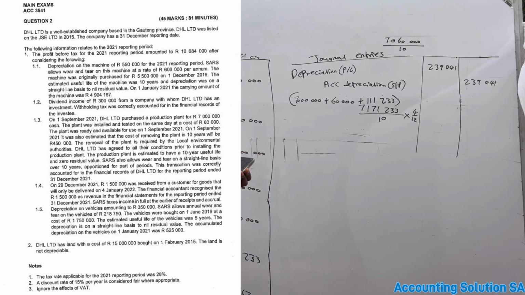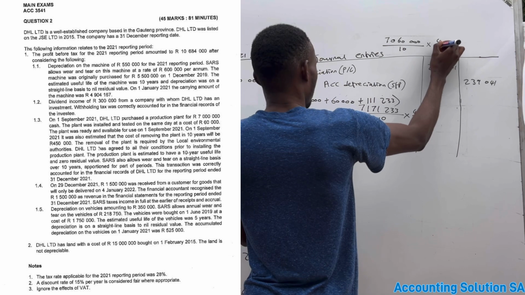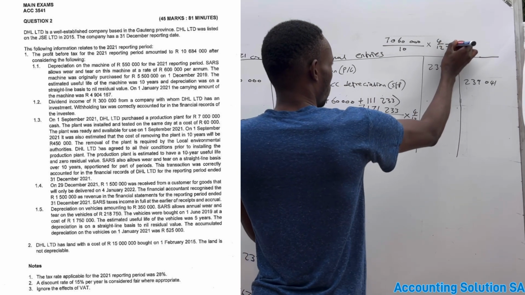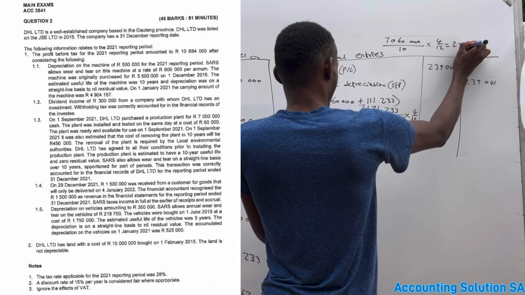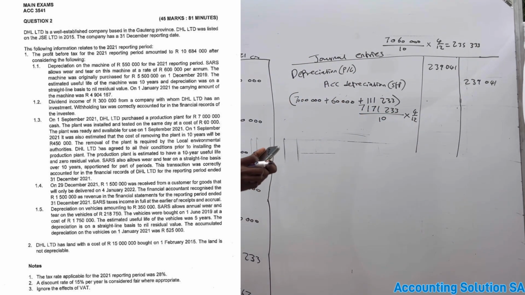It's going to be 235,333 on their side, which means that the temporary difference is going to be 235,333,